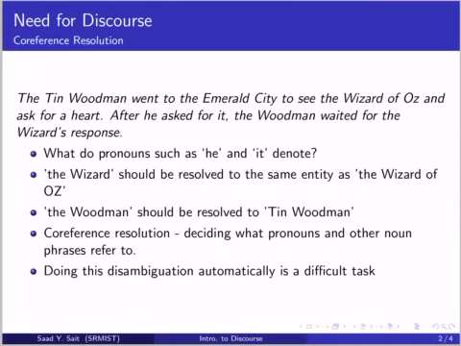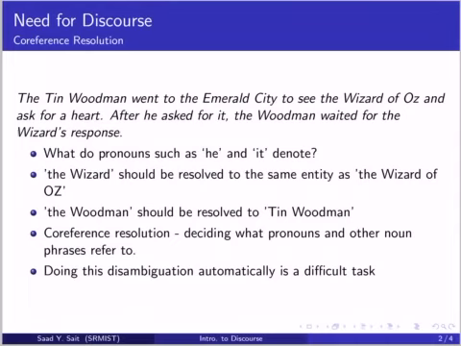So in this sentence, you would note that the pronouns he and it have to be resolved. For a human, these are done automatically. There is no processing involved. I mean, there is processing involved, but it's all done automatically, right? But when it comes to a computer, these pronouns he and it have to be resolved in some manner.